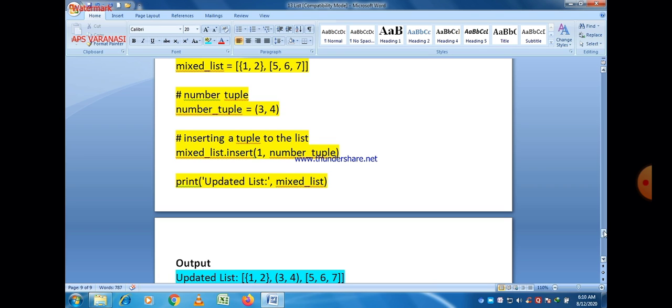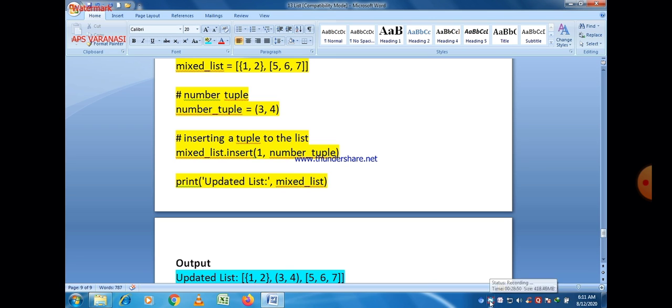Okay, so using the insert function we can insert a single element at any position. Also we are able to insert a tuple or a dictionary or even a list at any desired position, which is not possible in the case of append. So that is the basic difference between append and insert. And as you know, the insert function has 2 parameters.